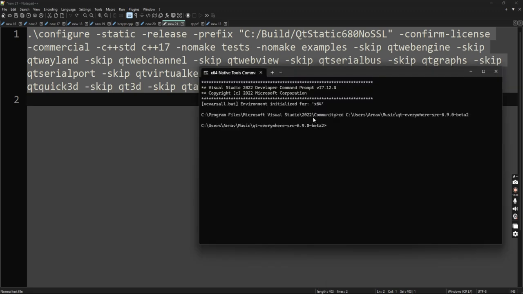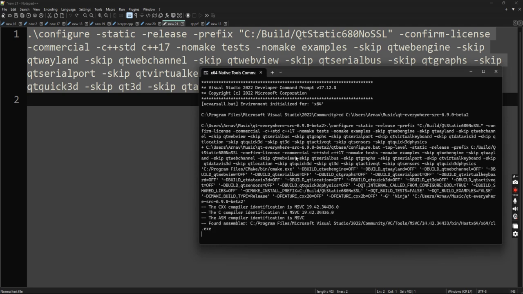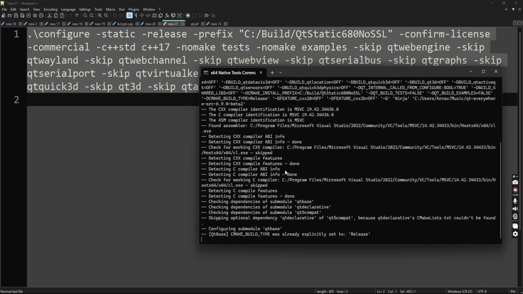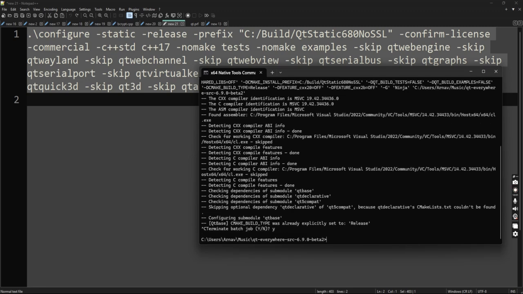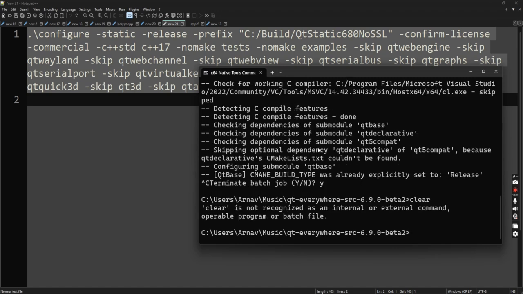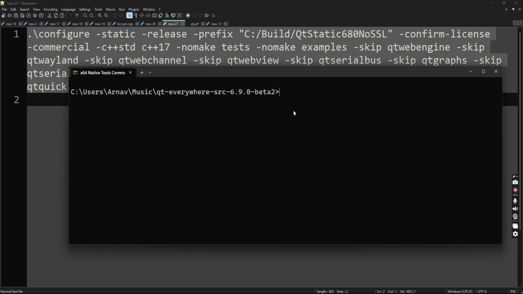I'll copy this command. I'll paste it here. And you'll see it will take some time and it will build all this stuff, right? Now I'll close this because I already did that. Now you have to wait for it to finish. After that, what you have to type is, let me clear this, CLS. After this command is successful, you have to say CMake --build --parallel, and after that you have to